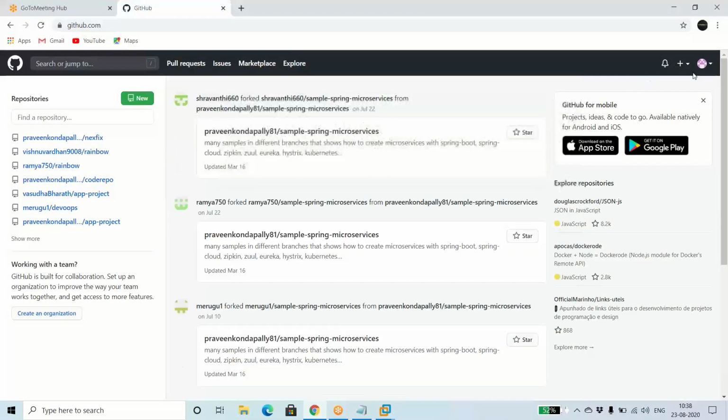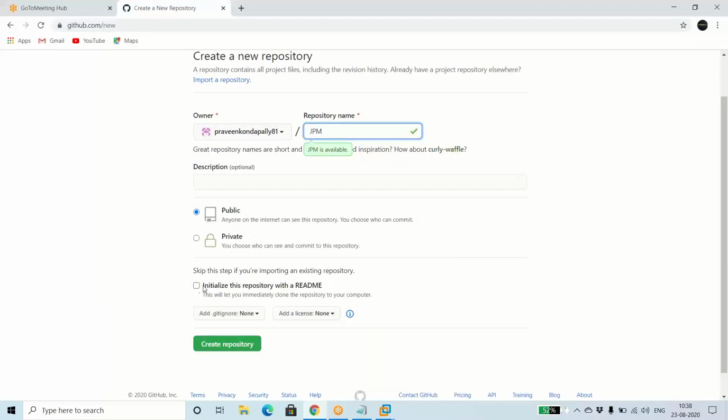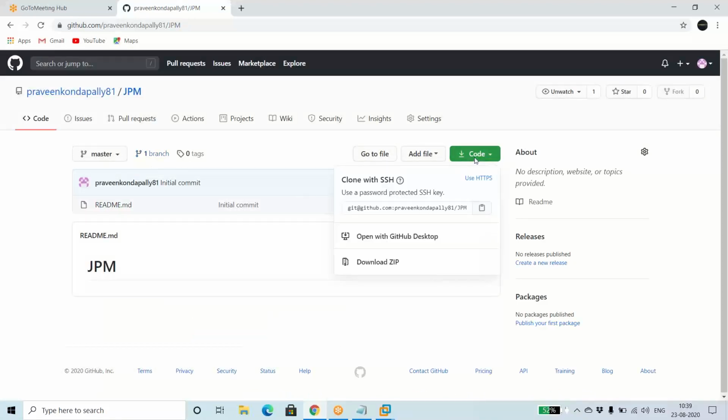And the next thing I'll do is click on new. Over here you can click new, or over here you can click new. Click on this new repository. You can try to create a repository. Make sure it is public, initialize a readme over here and create the repository. Once you get here, click on this code. You need to copy this. Use SSH, not HTTP. Copy.